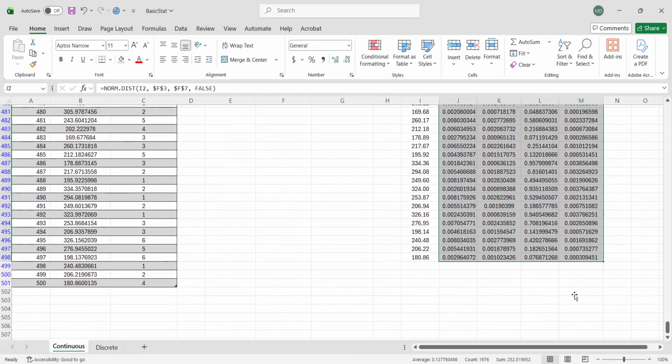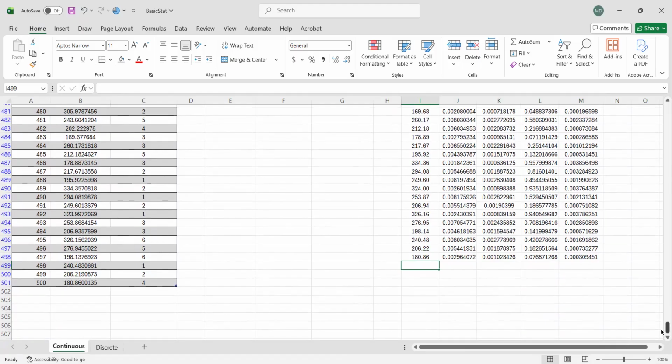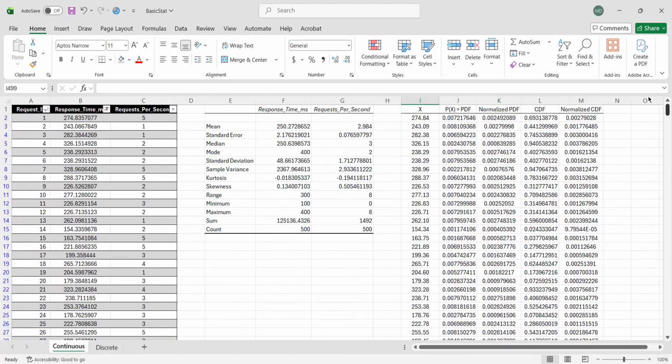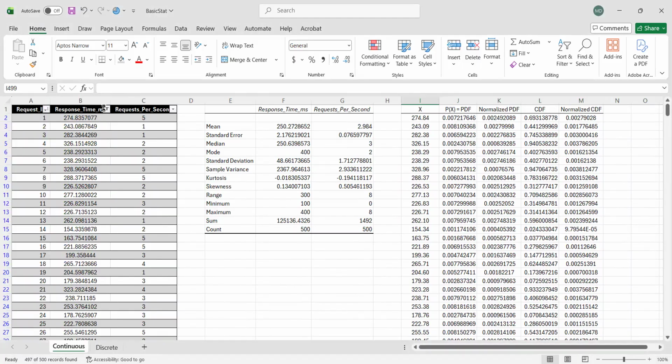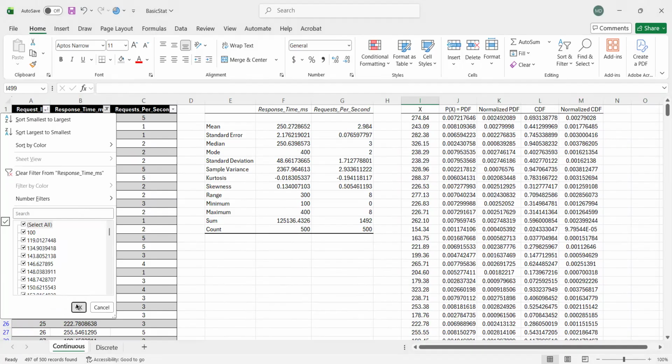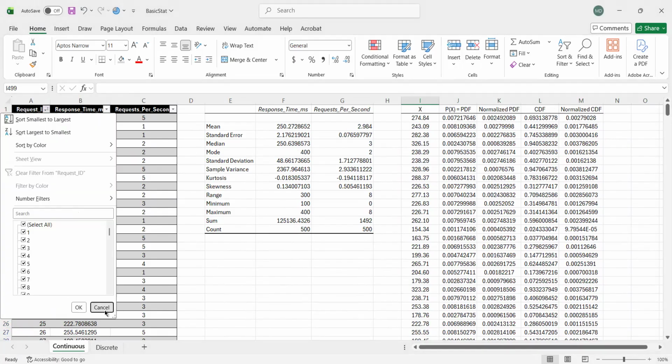I'm not sure why we have a few missing values. Maybe I was not able to include some of them. Or maybe I have a filter. Select all. Oh, this one. Select all. And another. Right.